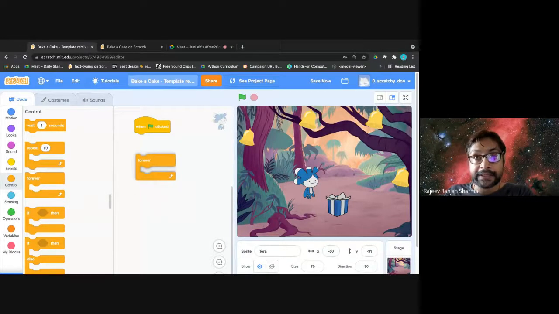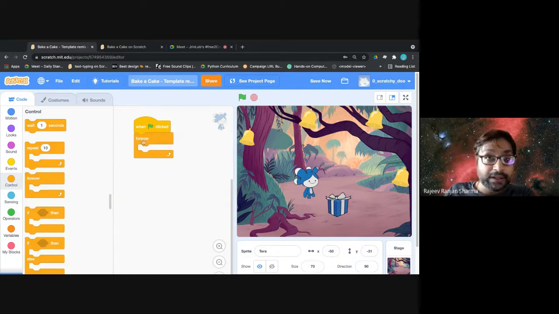And then how do we connect it? To connect it, we take it near the other block and see there is a gray area appearing. If I leave it now, it will automatically connect. That is how we connect the blocks together. So when the green flag is clicked, forever, what should we do? If the left key is pressed, we should go towards left. If the right key is pressed, we should go towards right. So we need to check whether